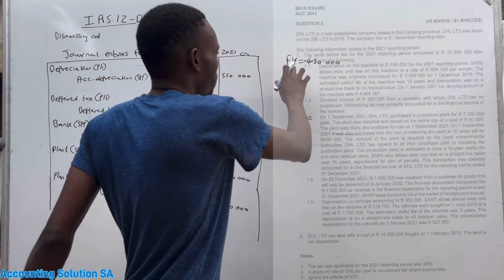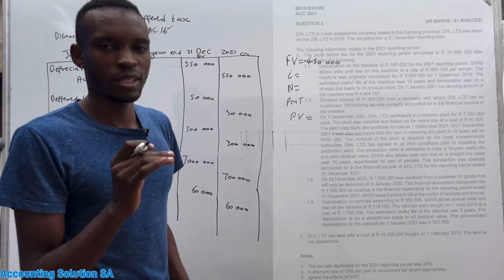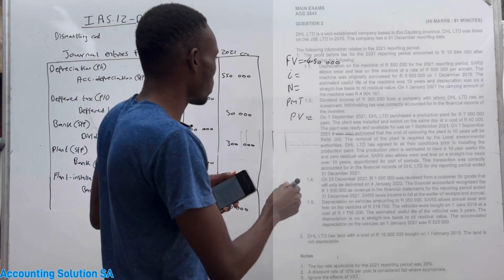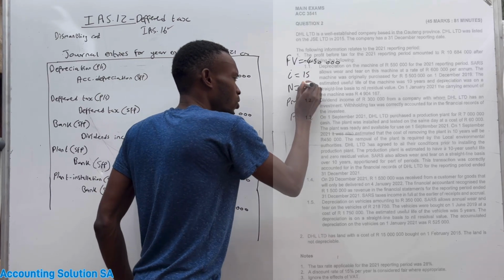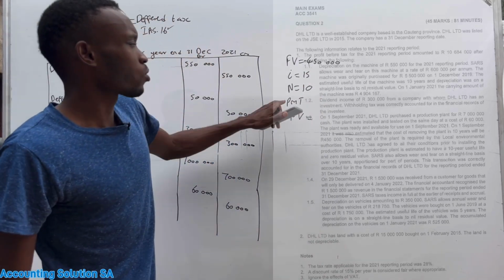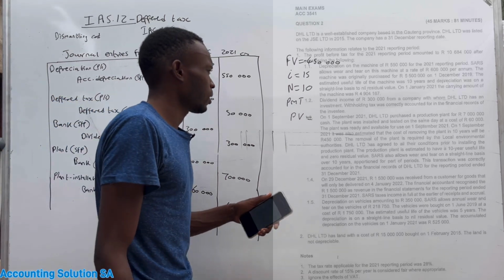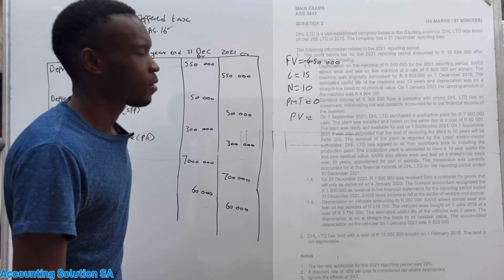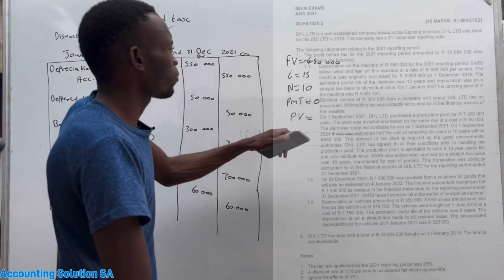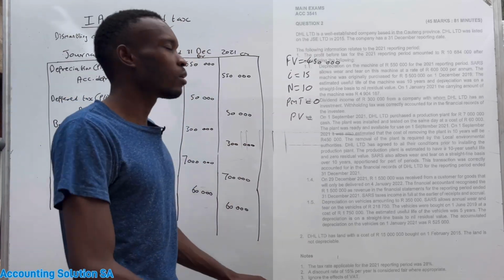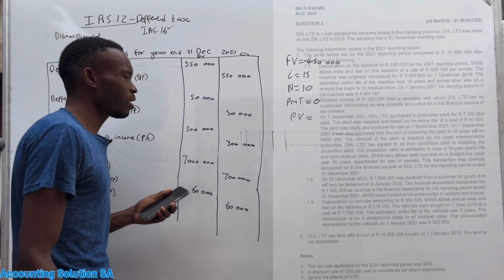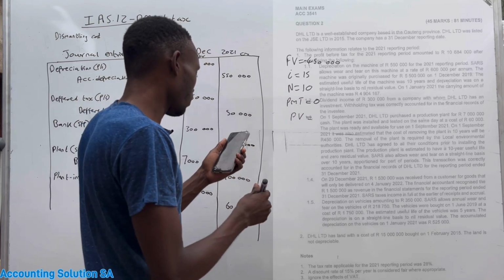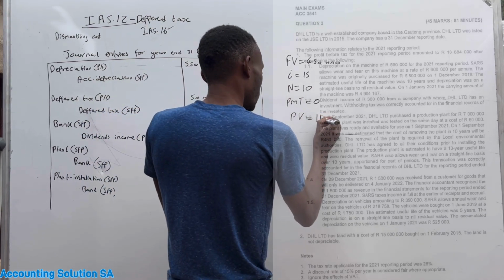We know that for future value, you have to put a negative in your financial calculator. Our I, if you check the note, they said the discount rate is 15%, and they already told us that this is going to be removed after 10 years. And PMT, we are not going to pay any installment every month, so it's zero. We only have future value. This is the only balance that we have. Okay, then if you do this calculation, guys, you are going to get a present value of